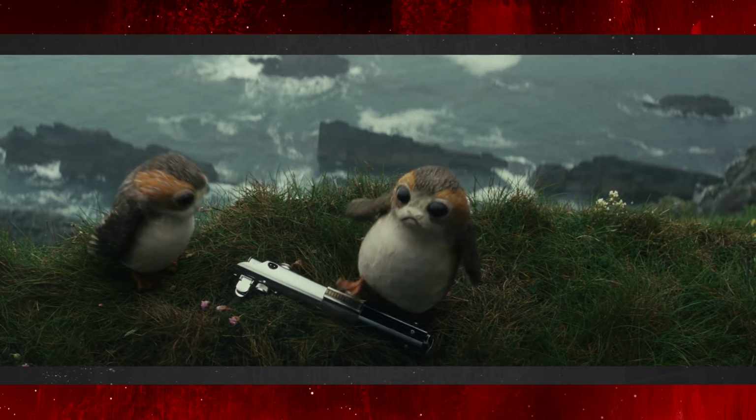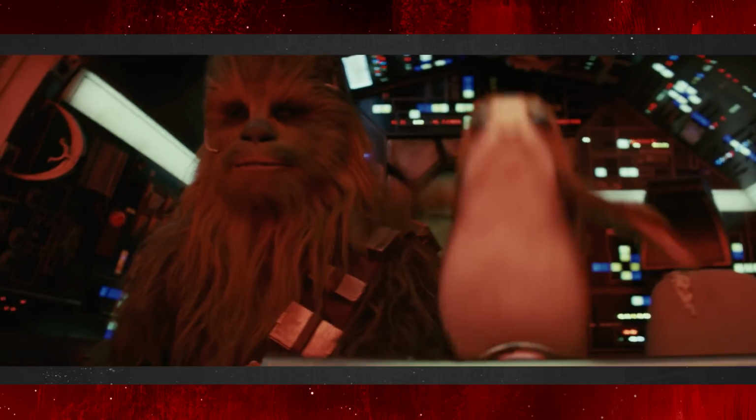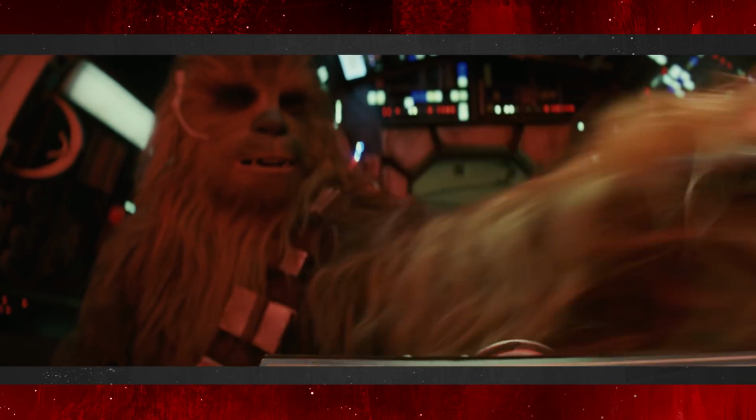Has it been confirmed that porgs look different based on their sex? The male porgs have the orange around their eyes. They're the more colorful ones. So Chewie's little sidekick porg is a boy porg. Does Chewie's porg have a name? No, but that sounds like something you could get the Star Wars Show to hashtag. Yeah. Name that porg. I feel like Chewie would have named it, and we wouldn't be able to pronounce it. Oh, what if he named it Han? I think it looks like a